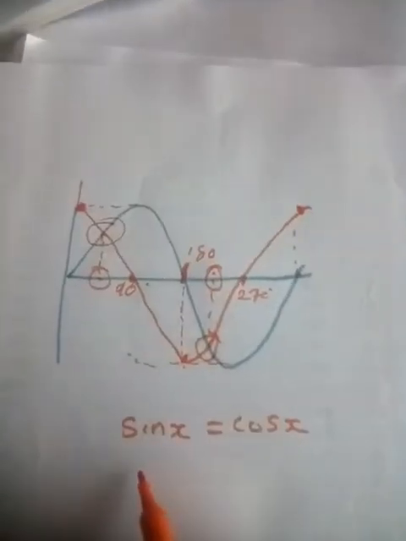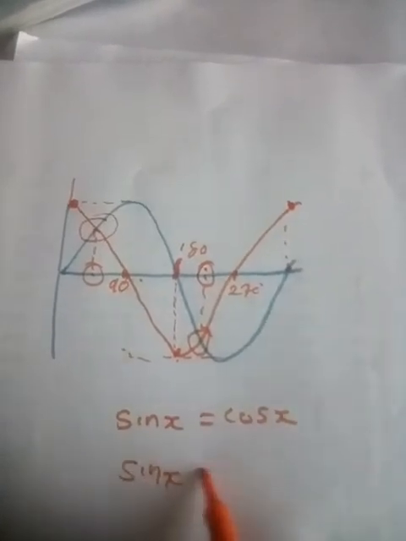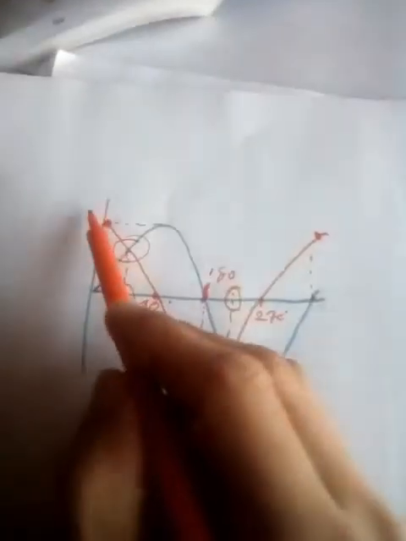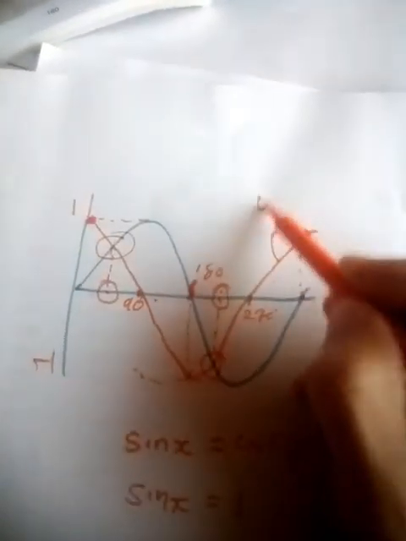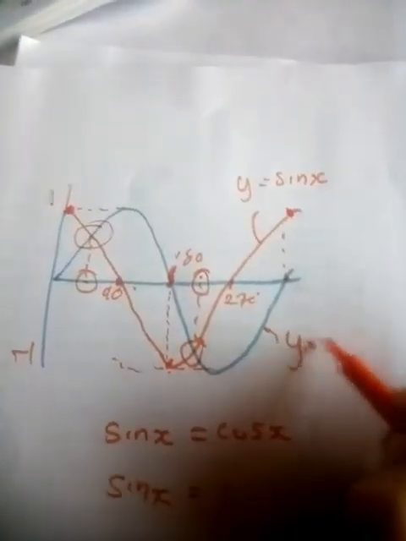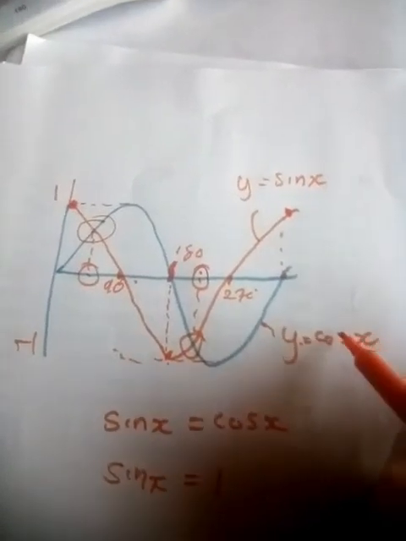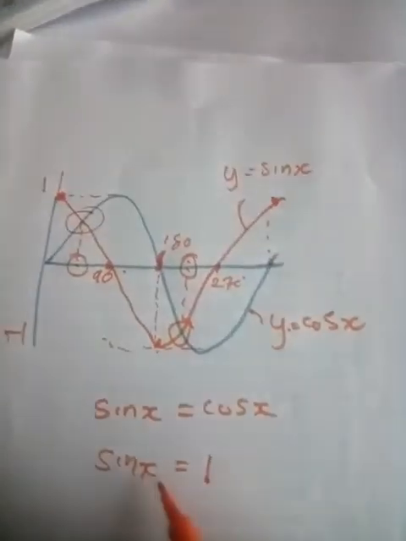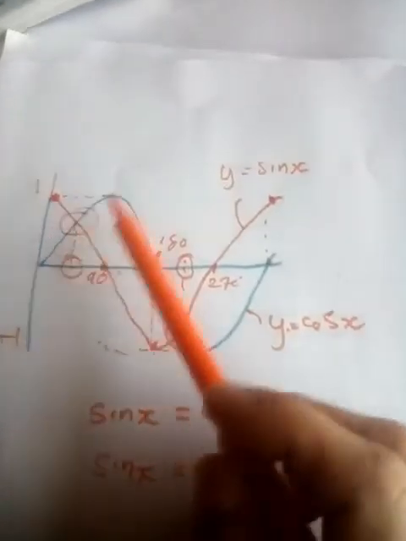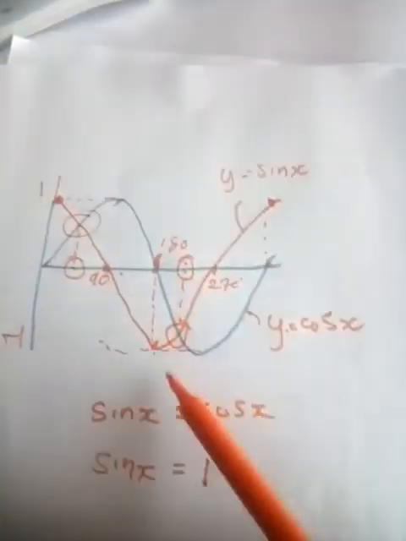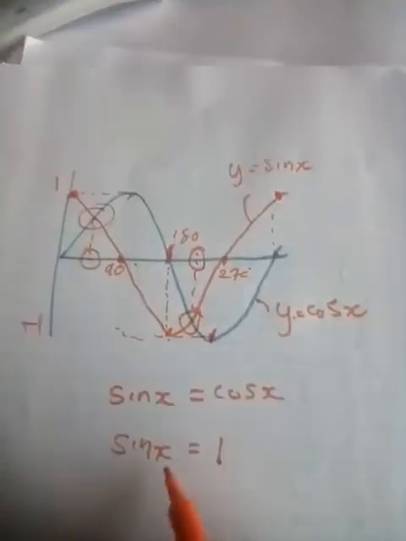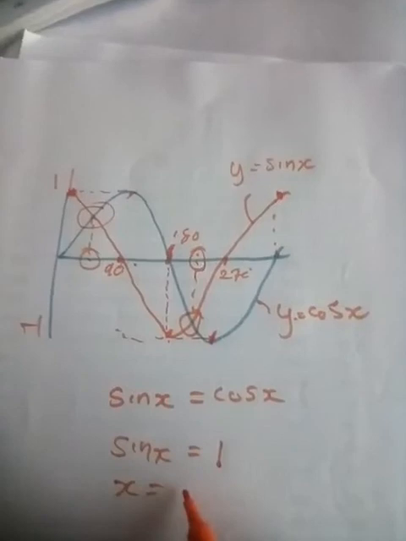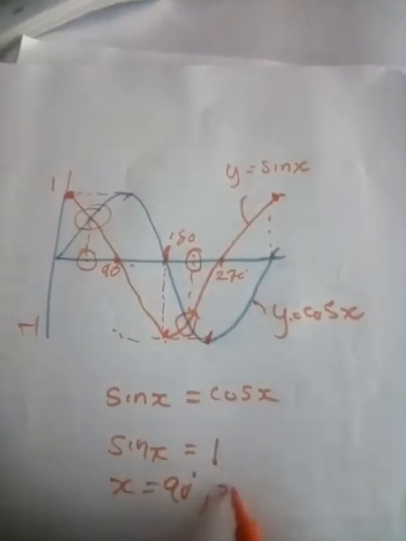Then they can also ask, now write down where sine of x is equal to 1. It's 1 and that's minus 1. This is the graph y is equal to sine of x, and this is y is equal to cosine of x. So where sine x is equal to 1, look at the blue one, it's at that point, that point, 2 points. So where sine x is equal to 1, x is equal to 90 and x is equal to